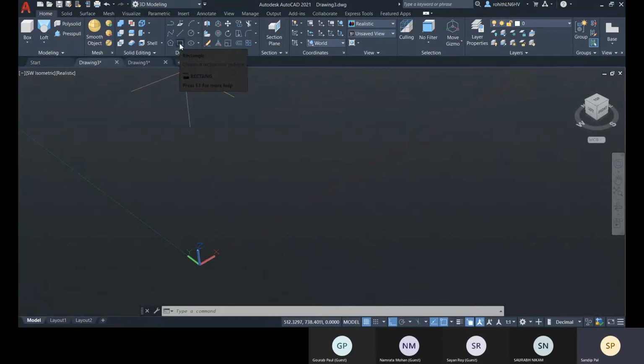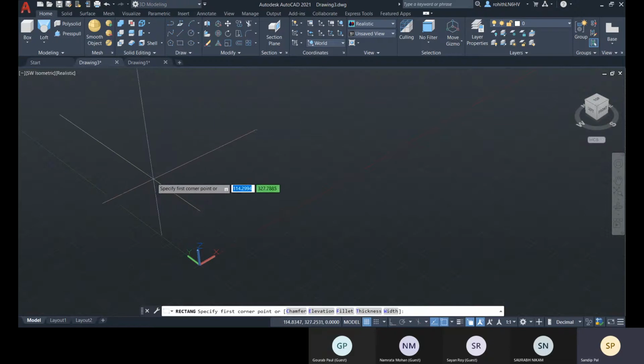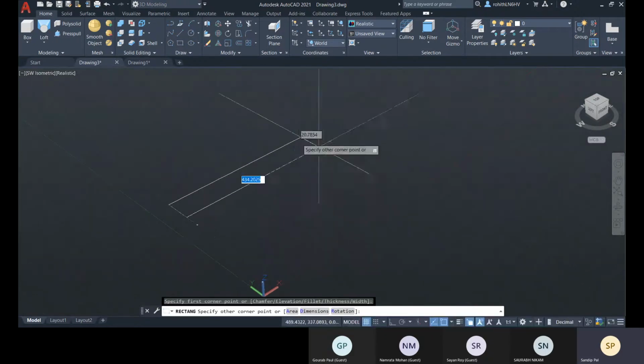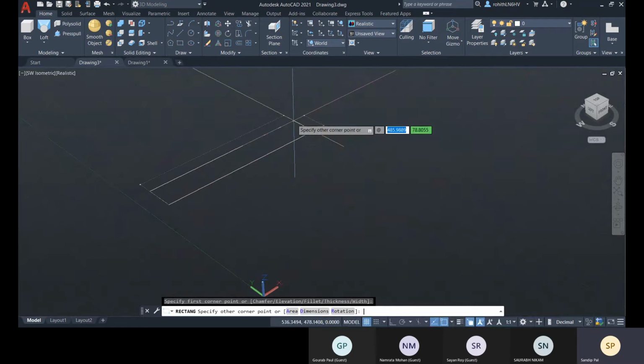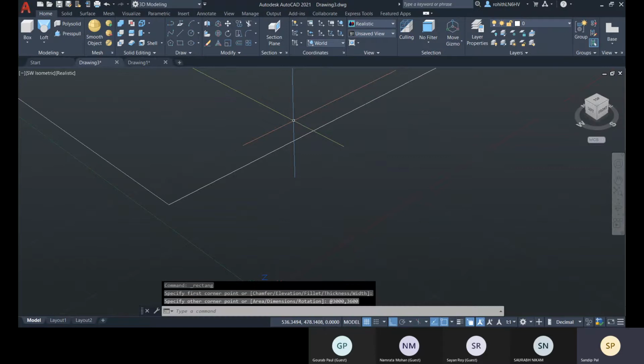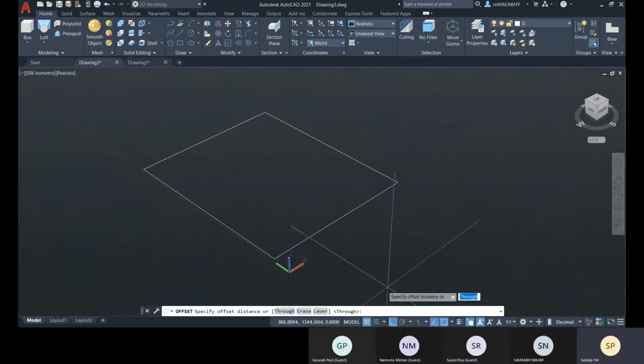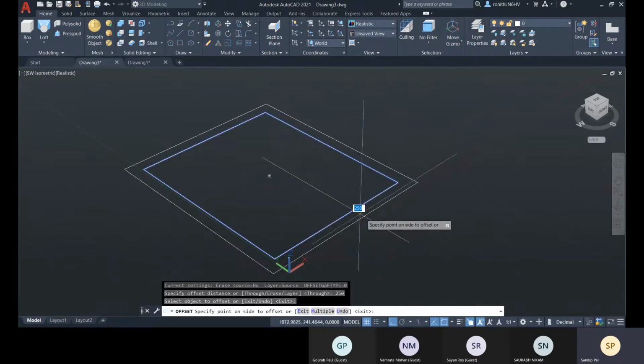So for that, let me create a rectangle 3000 by 3600. Okay, and let me give offset value to it, 250 outside of it.